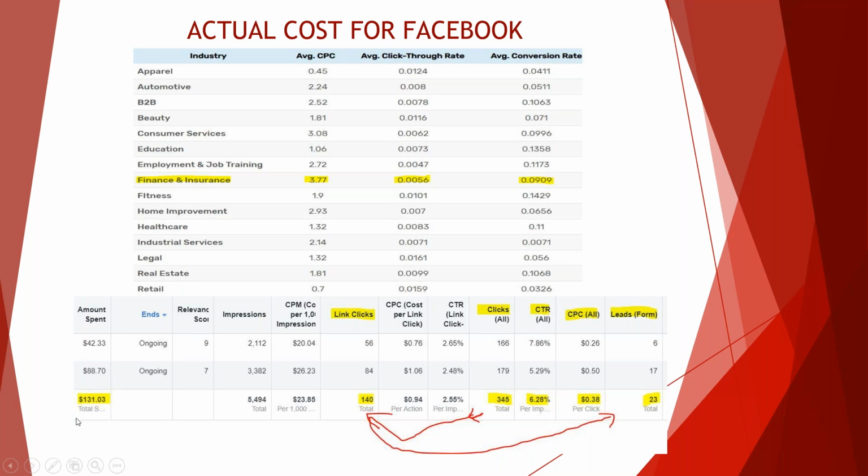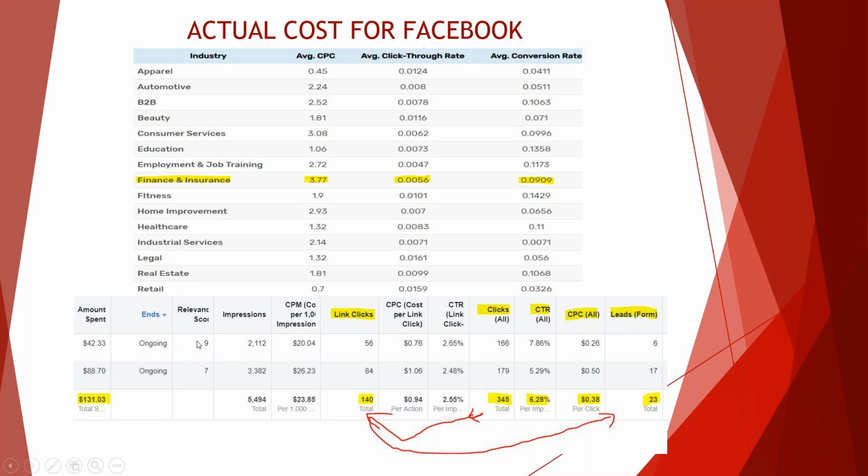All right, so I'm going to show you guys what our calculation is on the next slide here, but here's one of our actual campaigns, and you can see our actual cost per thousand here is $20 to $26. It's a little bit higher than the average for this particular campaign, but it was a very highly targeted campaign. You can see the relevance score of 7 and 9. These are huge numbers, and they make a very big difference in the performance of an ad. The higher your relevance score, the better placement you're going to get, the better quality leads you're going to get. So if you're noticing that you're getting low quality leads from your Facebook campaigns, look at your relevance score. You'll notice there's a direct correlation to the quality of leads and the relevance score.